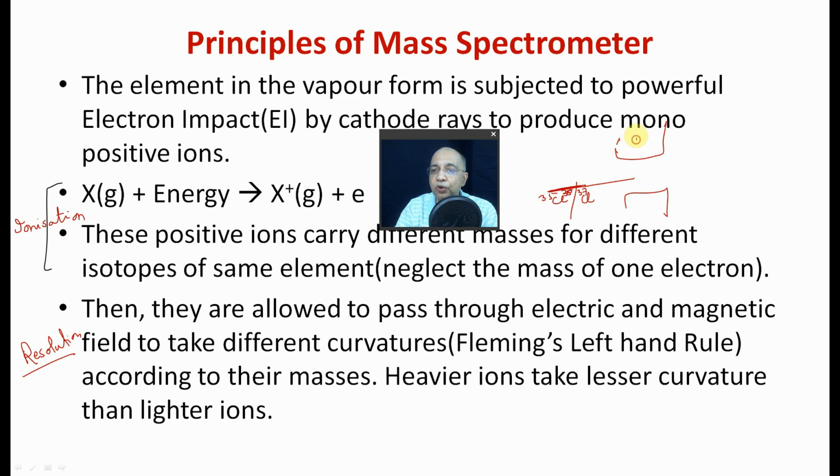This is a pole, north pole, south pole, whatever. Supposing now once it enters, it starts separating. So when it emerges out of the electric or magnetic field, it will be emerging as two streams, because there were two types of chlorine isotopes. Of course, positive ions. Unless you make it an ion, it cannot be deviated by a magnetic or electric field. Fleming's left-hand rule will not be applicable as long as it is a neutral atom.